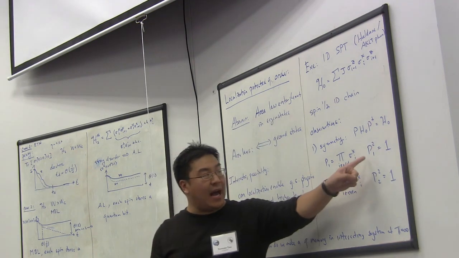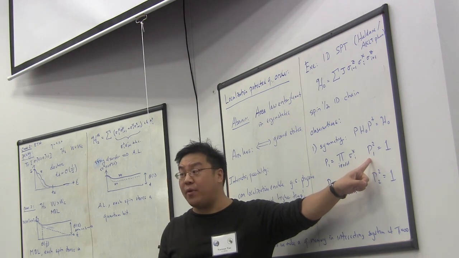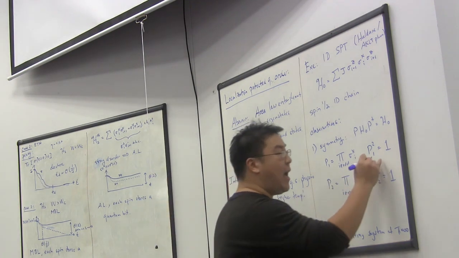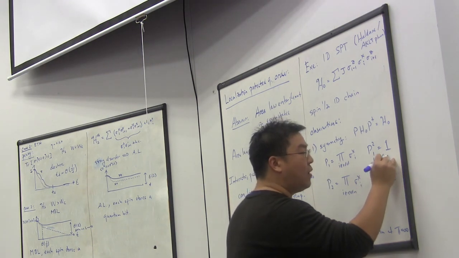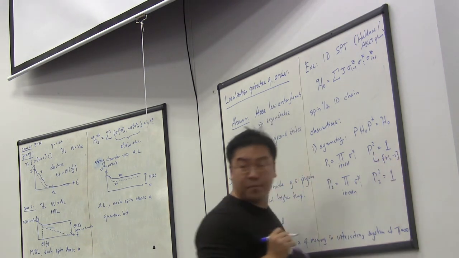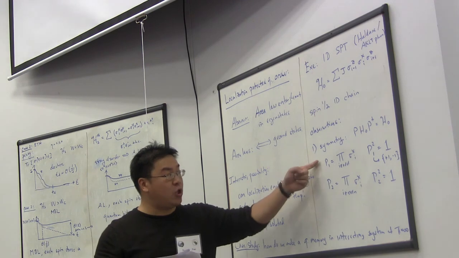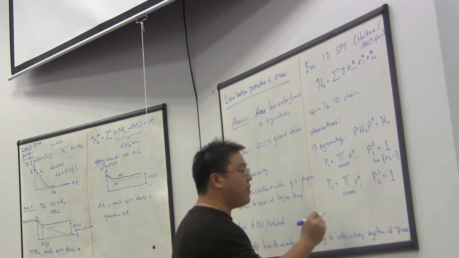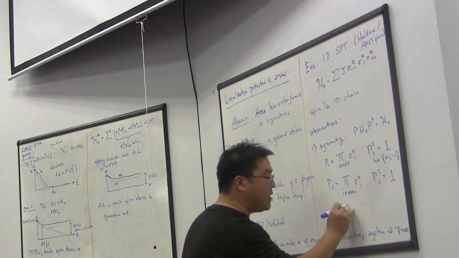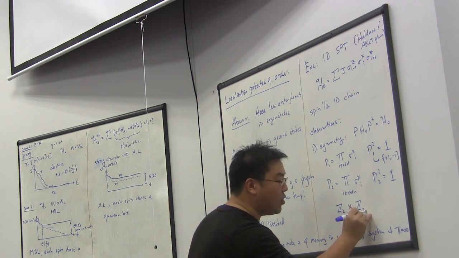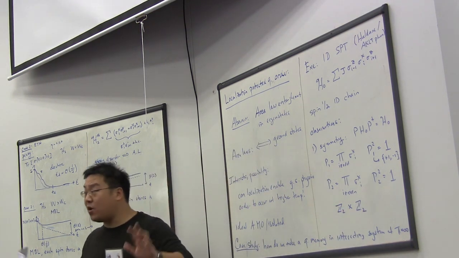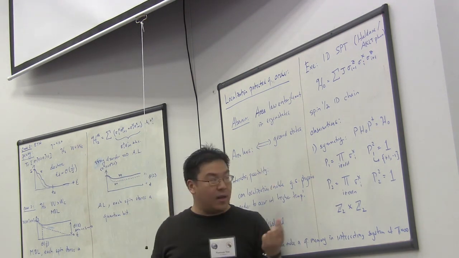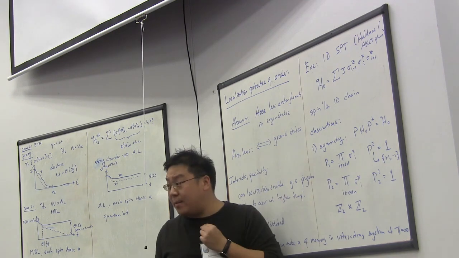This means that the eigenvalues of this operator are only allowed to be plus or minus 1. So the eigenvalues of this operator are allowed to be plus or minus 1. And because there are two such operators, people say that the symmetry of this Hamiltonian is given by Z2 cross Z2. Even if you're not familiar with this general framework, you should be able to follow everything I'm saying.